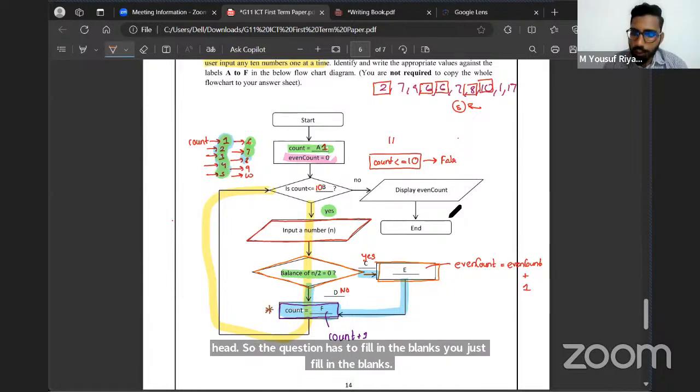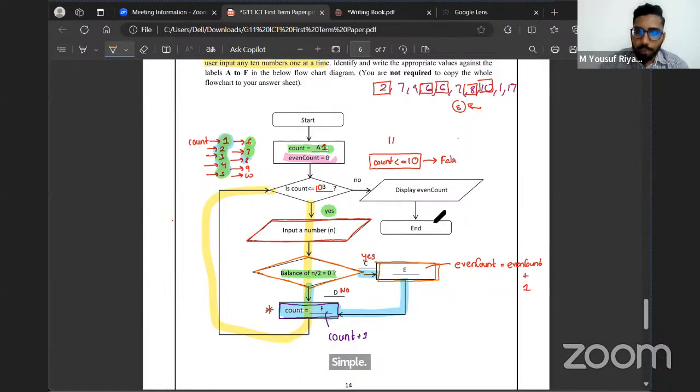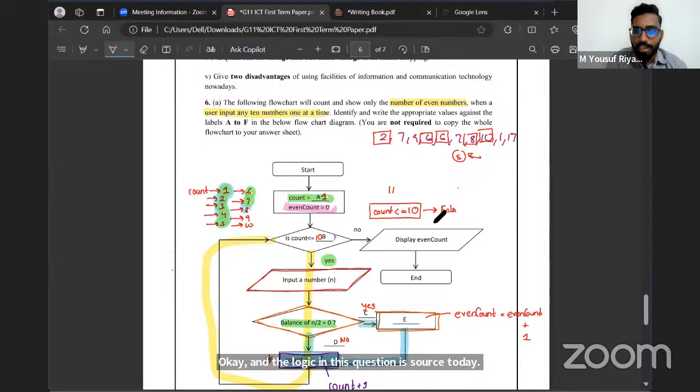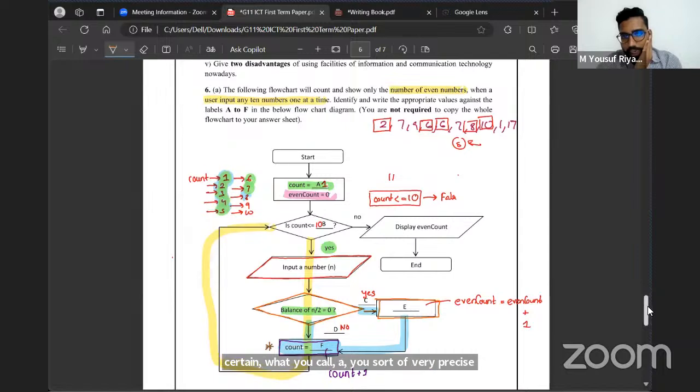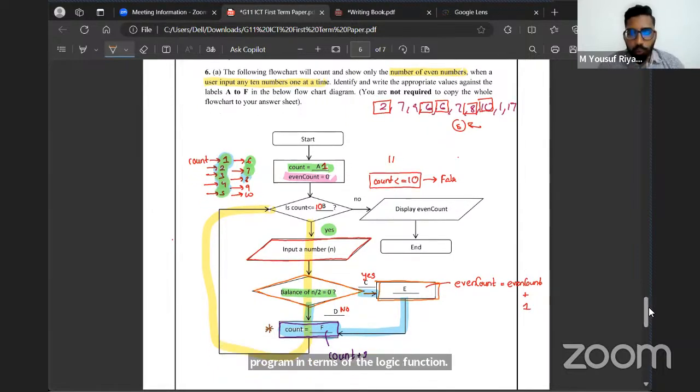Anyways, the logic in this question is so stupid. As per programming, there is no way you can directly, logically, write "balance of n divided by 2 equals 0". That's not a suitable method. You actually have to use the words mod and div. Technically, it's not a very precise program in terms of the logic mentioned. But based on the given data, if I'm going to do the question, what will happen is